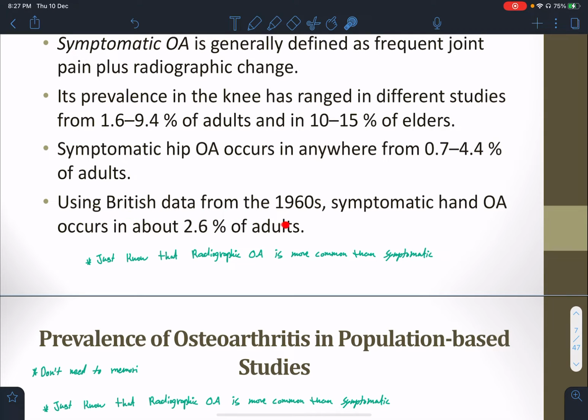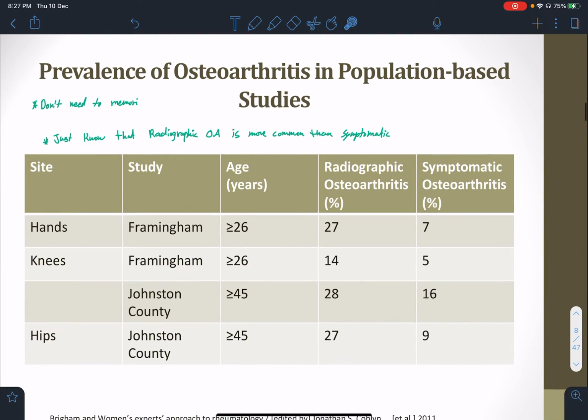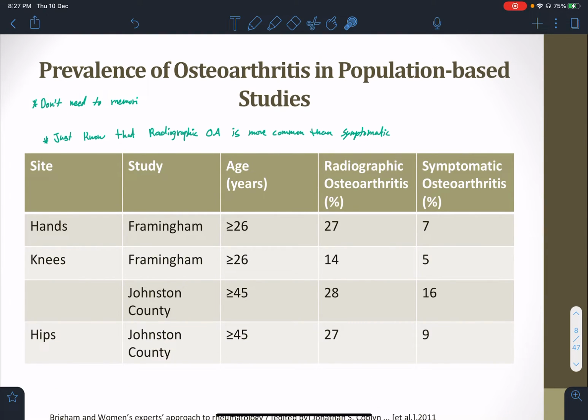Using British data from the 1960s, symptomatic hand osteoarthritis occurs in 2.6% of adults. You just basically have to know that radiographic osteoarthritis is more common than the symptomatic. And I don't have to memorize the numbers. You just have to interpret the numbers and see the pattern. Notice the pattern in the different studies, for Framingham and Johnston County